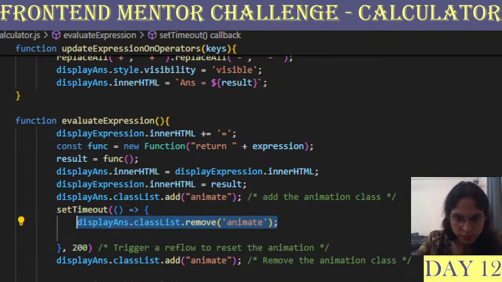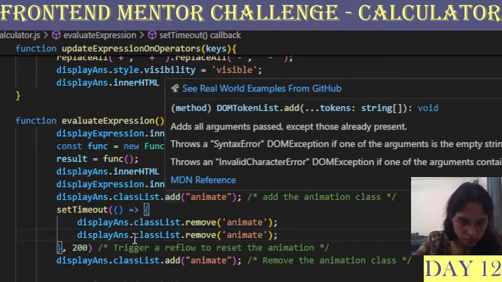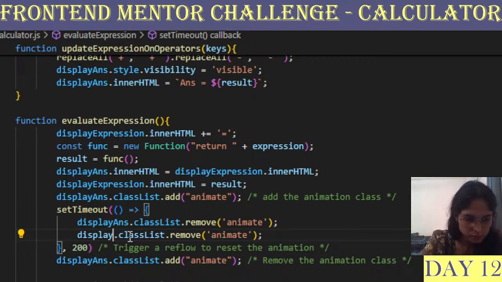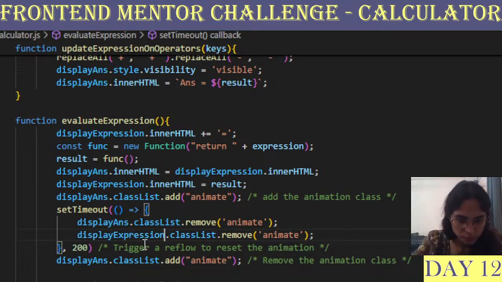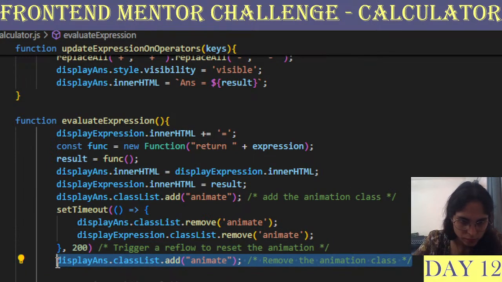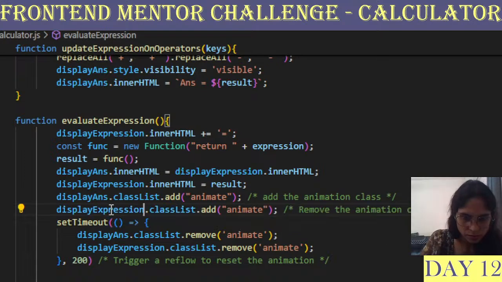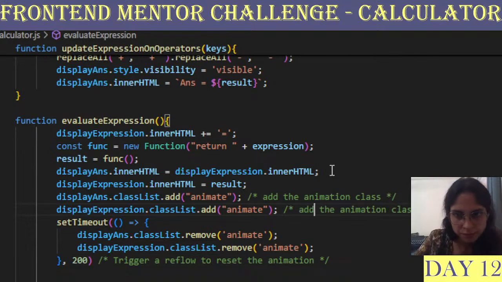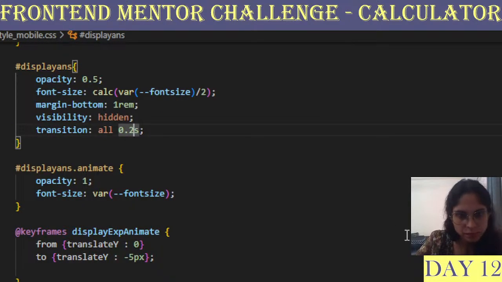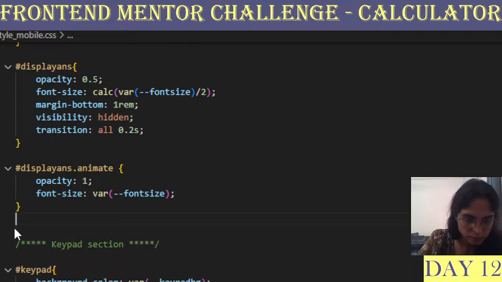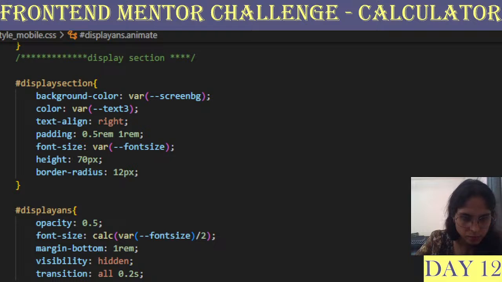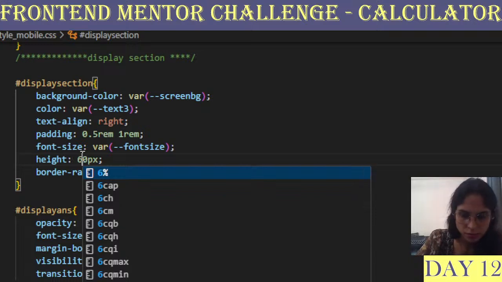I think I should just put one timeout, and add both of them here. Right, you can make 60 pixels, no, 70 is fine.